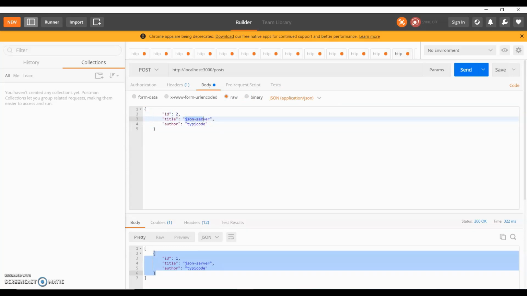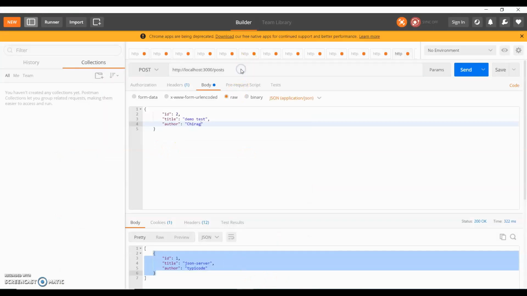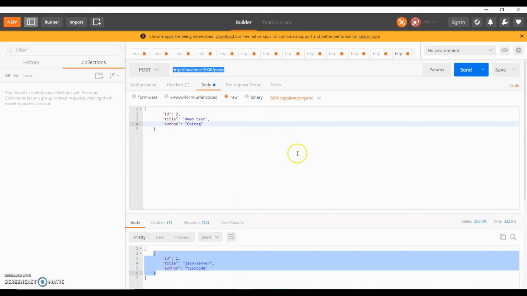Here I will write demo test, and for author I will write Chirag. Currently if I copy this URL, because GET gives all the data, it is currently having one ID, right? Now I will post this and we will see.